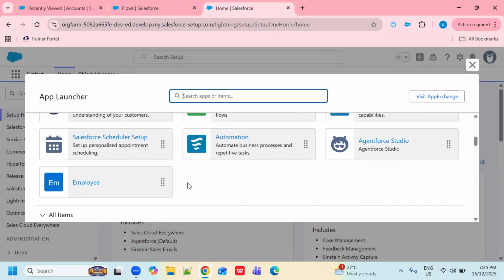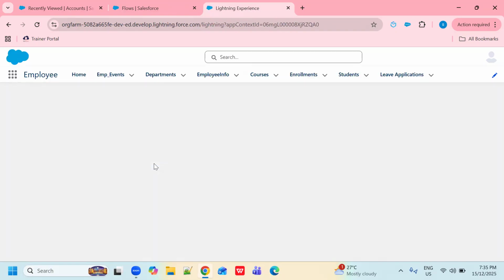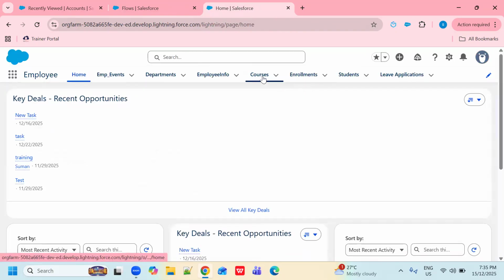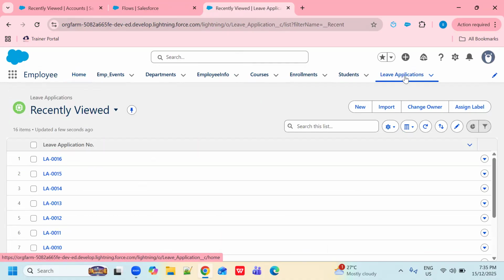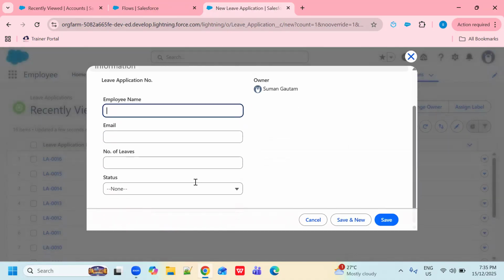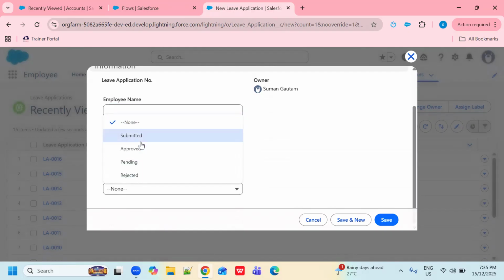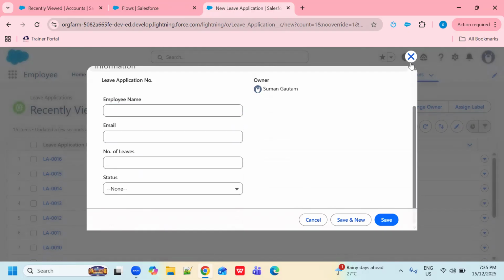So this is my application. So this is my leave application, and here I have a pick list, status, right? So I want to use this pick list with values in my flows.